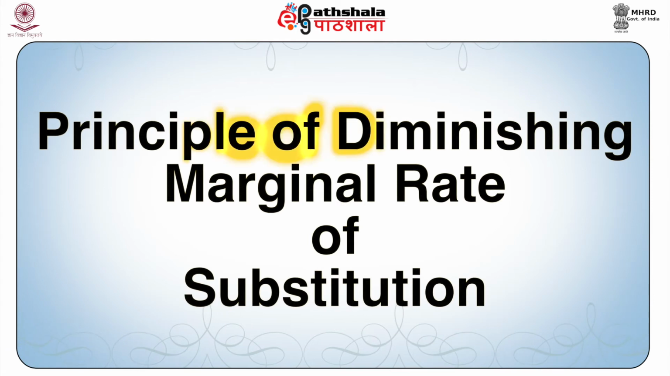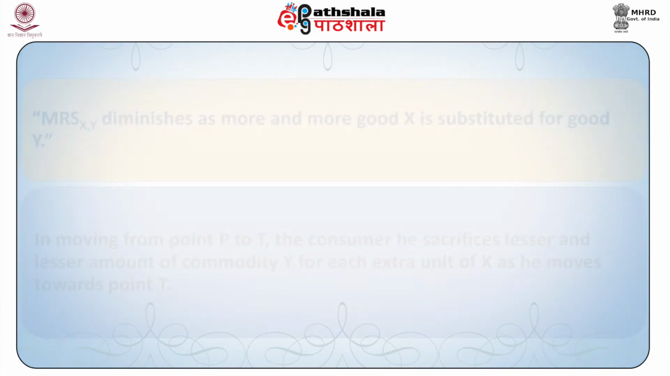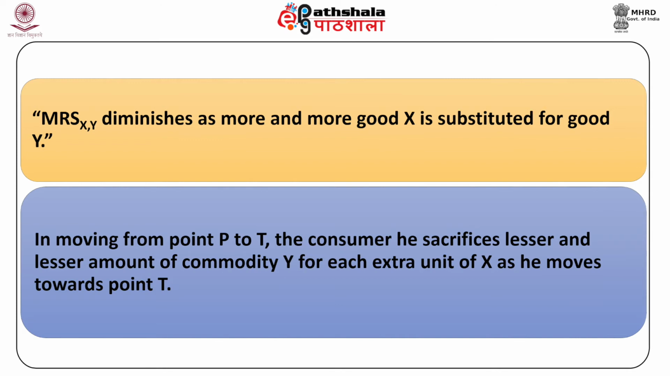Principle of diminishing marginal rate of substitution. In our example, table 1, we observe that when the consumer moves from point P to T, he does not have to sacrifice the same amount of good y for each extra unit of good x. Rather, he sacrifices lesser and lesser amount of commodity y for each extra unit of x as he moves towards point T. This behavior of the consumer is said to be satisfying the principle of diminishing marginal rate of substitution,